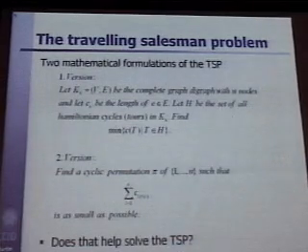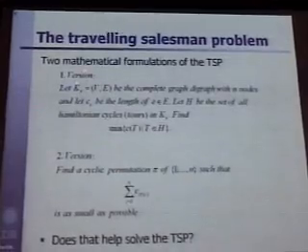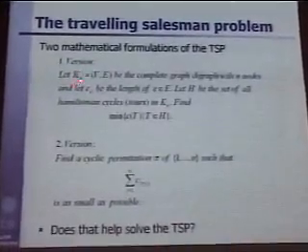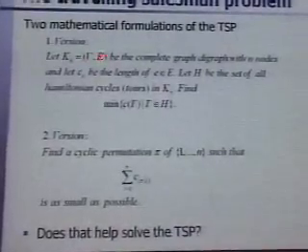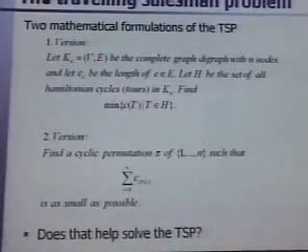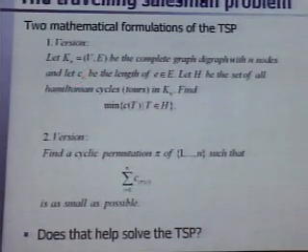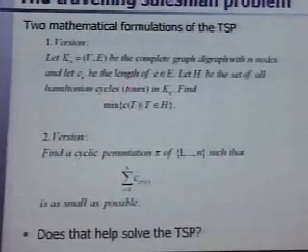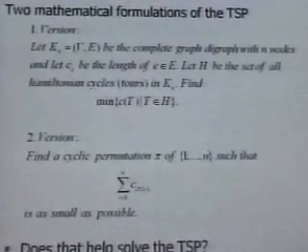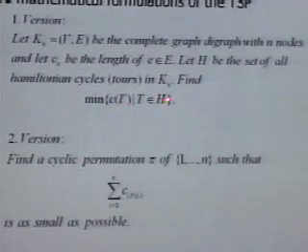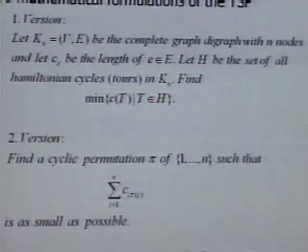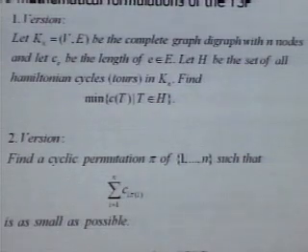Now, you can turn this into mathematical notation. So one version is you're looking at a complete graph on n nodes. V is the node set, and E is the set of all possible edges between every pair of nodes. That's a complete graph. You have a value c_e on every edge. And then you define what a Hamiltonian cycle or a tour is, a cycle that covers every node. Then you would like to find a tour or Hamiltonian cycle of minimum length in the set of all Hamiltonian cycles. That would be a graph theoretical notation.